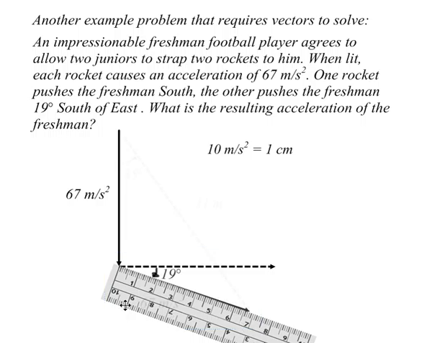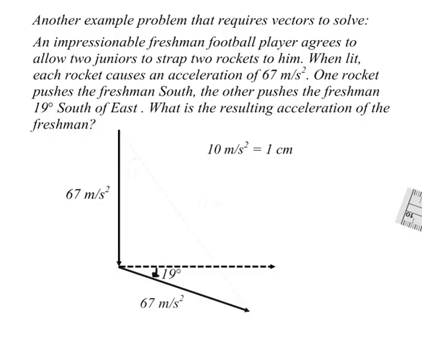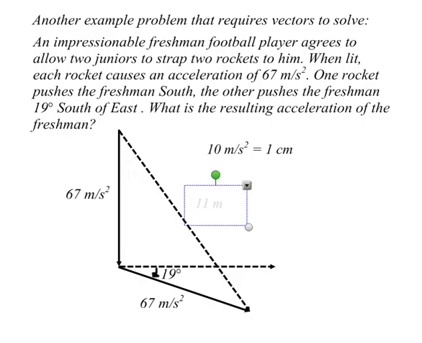Now once that vector is drawn in, of course the ruler could go away, and we could draw a vector starting here and ending here, from the tail of the first to the tip of the last. And when we draw that vector, we could bring the ruler back in and measure its length. We find it's 11 centimeters long, which would represent